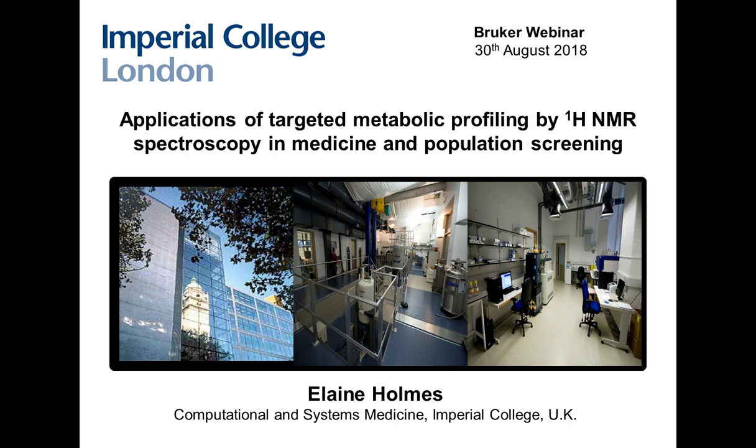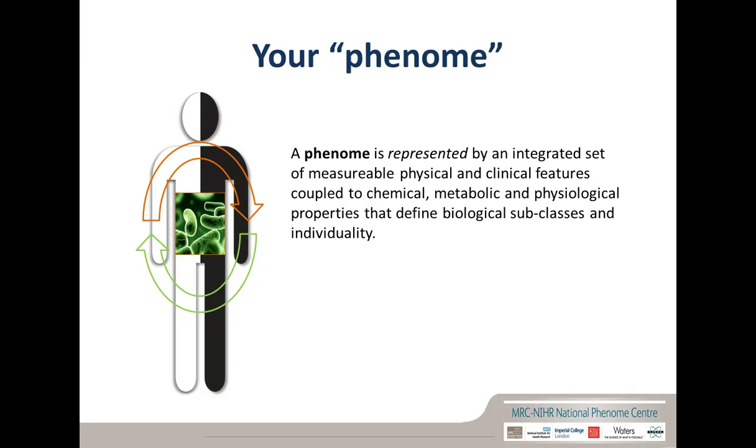Okay, so I'm based at Imperial College in London, and a lot of our NMR facility is part of what we have formed into the National Phenome Centre, and this is really set up to do high throughput screening of biofluids, mainly in the clinical arena. We also have a patient or more personalised medicine approach, which is part of our clinical Phenome Centre, and together they rely on NMR and mass spectrometry, but very heavily on NMR spectroscopy.